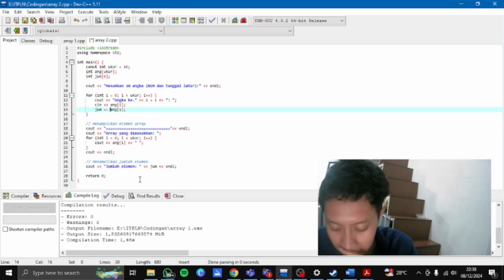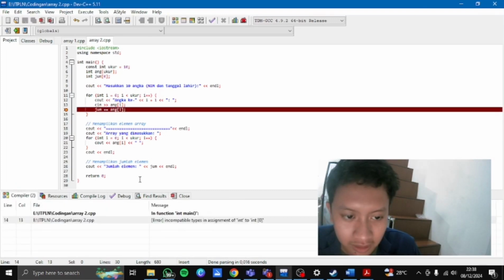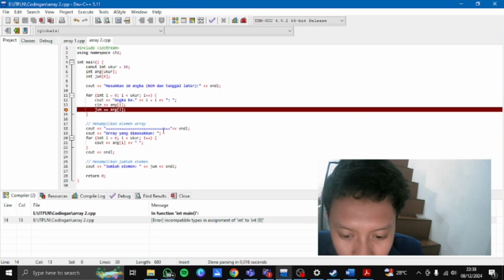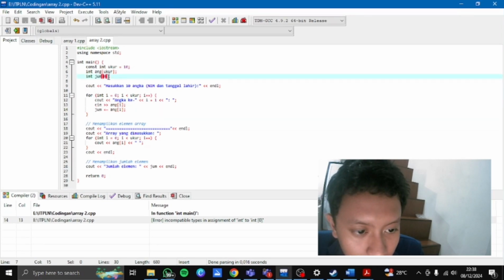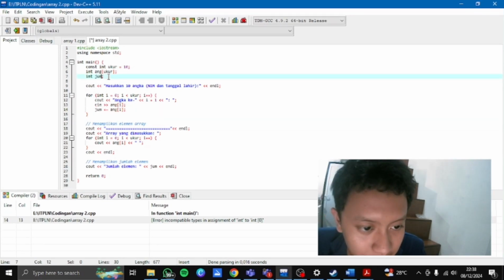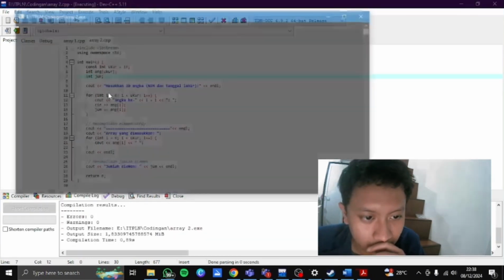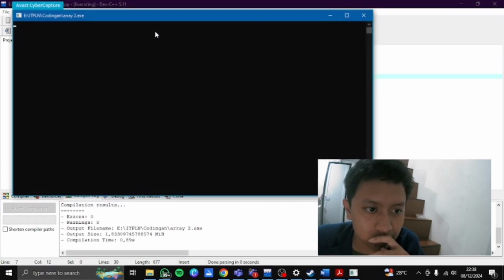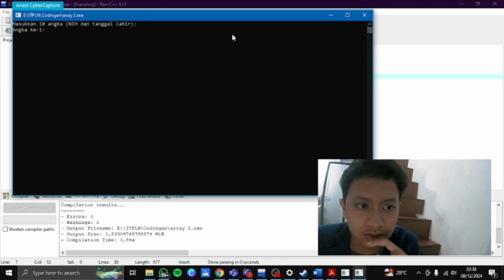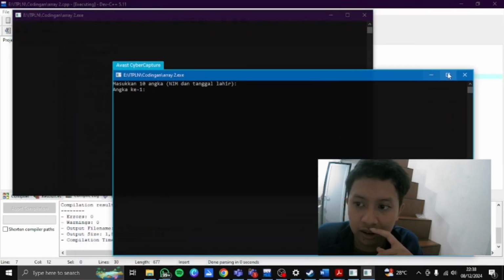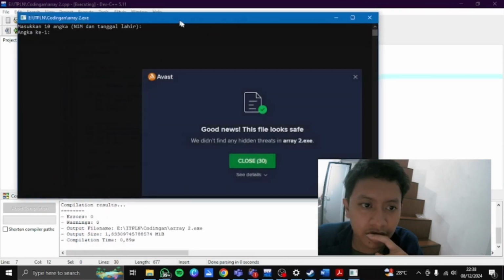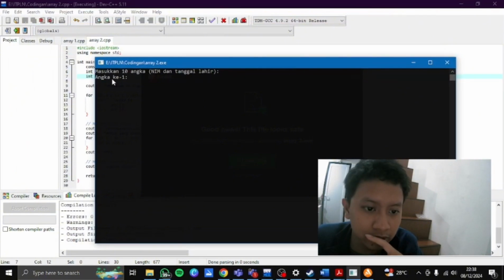Let's try the output, the terminal. Oh, sorry. Maybe it's better without the size of the array. And again, the program asks you to input 10 numbers. I will input 8.